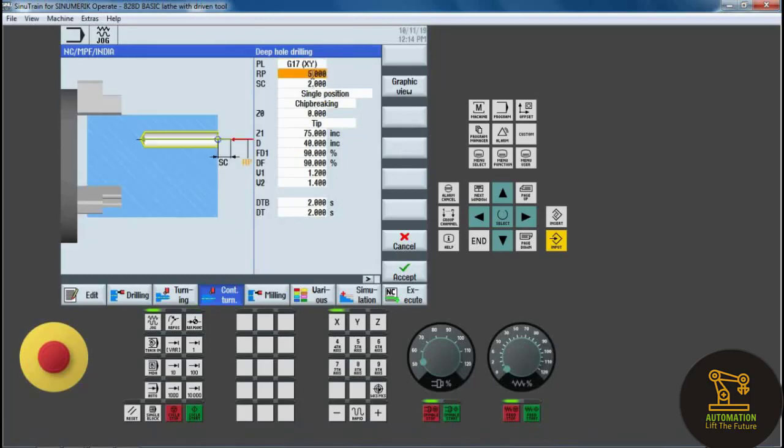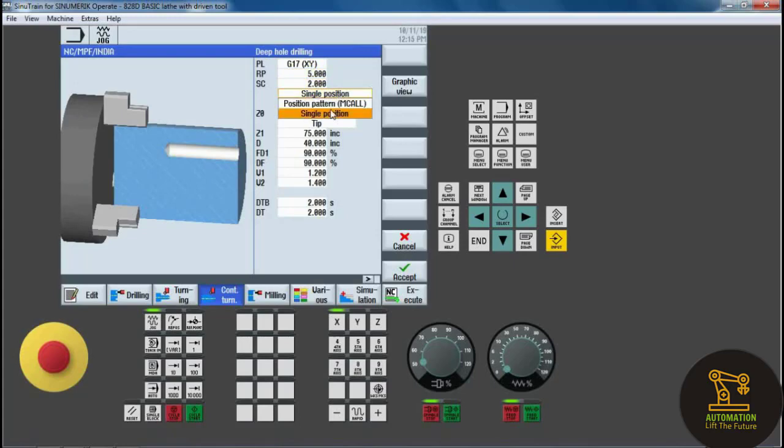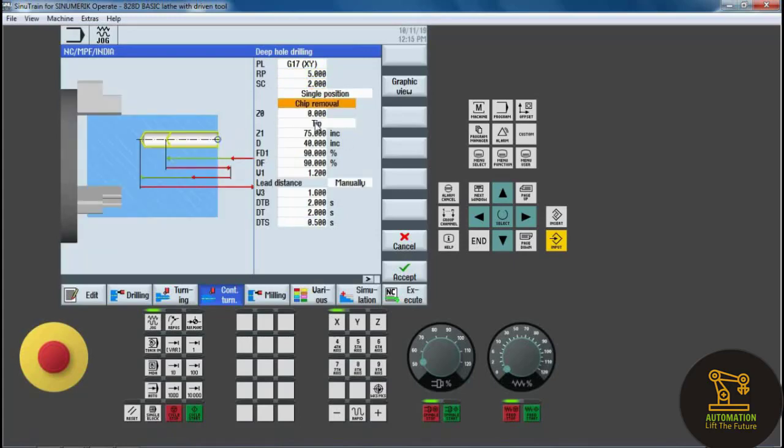Retract plane is also 5. Safety point is also 2, and we want again single position. Next is chip breaking or chip removal, whatever we want.